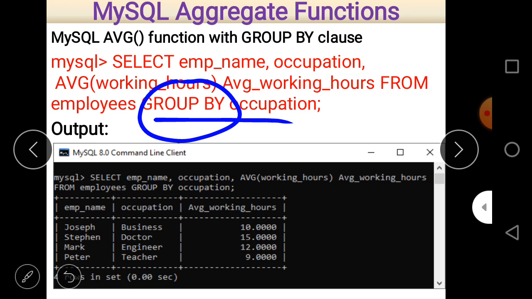Whatever condition is given within the average will work with the column name given after group by, that is occupation. So here the average is calculated according to the group by occupation. First of all, different occupations are counted, and according to that, the average working hour of that occupation will be calculated, and you can see on the screen that this is the answer.